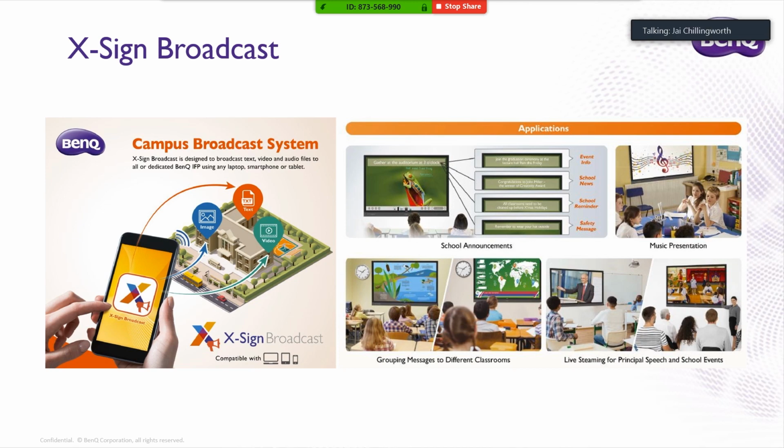But apart from that whole health situation that we have going on at the moment, we've found that schools in particular are using this feature on a daily basis. Some of the scenarios that we've seen schools use this for is to play a national anthem at the beginning of the day, or maybe the principal has a morning message or an afternoon message before students leave class,